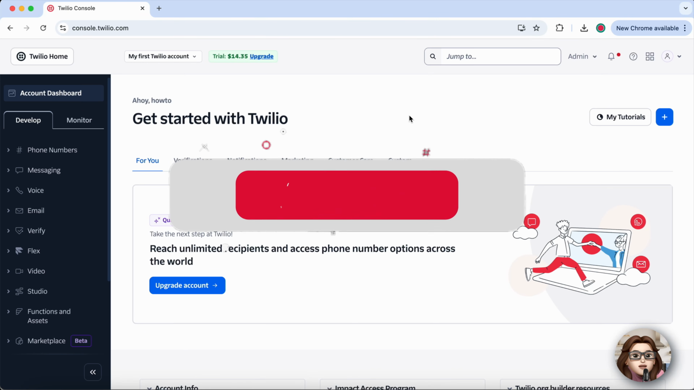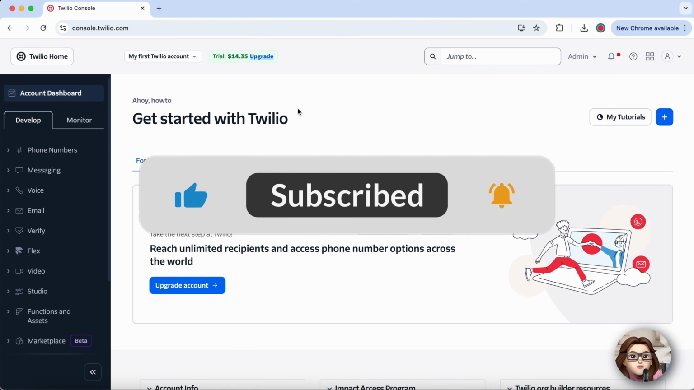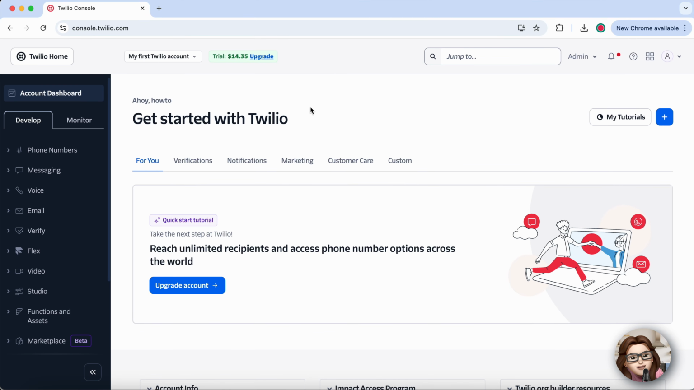In today's video, I'll show you how to quickly check your Twilio account balance so you always know how much